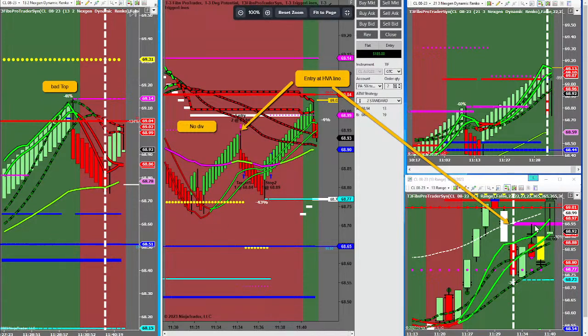But Jose, remember that HVA line doesn't mean a whole lot if we're not coming from a termination condition. It's just another pink line at this point. There's no rules supporting using it, especially with everything going against it. Yeah.